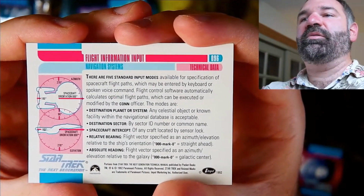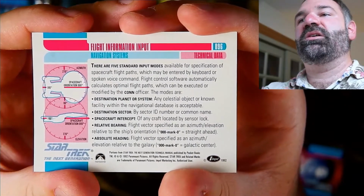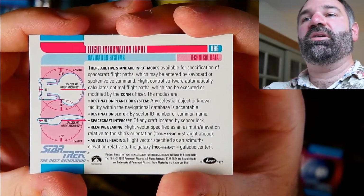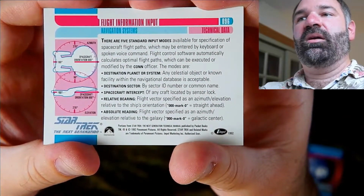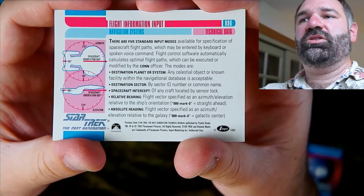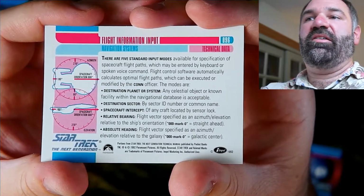flight control software automatically calculates optimal flight paths, which can be executed or modified by the con officer. The modes are destination planet or system, destination selector by ID number, spacecraft intercept, relative bearing, flight vector specified as an azimuth and elevation relative to the ship's current orientation, or an absolute heading, which is a flight vector specified